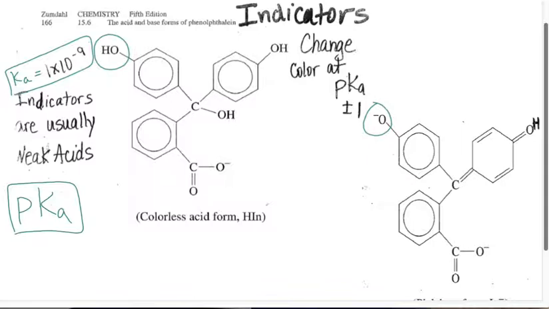Okay, so this one turns at a pH of 9. So we want to appropriately choose our indicators to change color in a titration. When do we want them to change? Yeah, as close to the equivalence point as possible. Okay, so phenolphthalein is best when it's used, and we're going to talk more about this because we use this